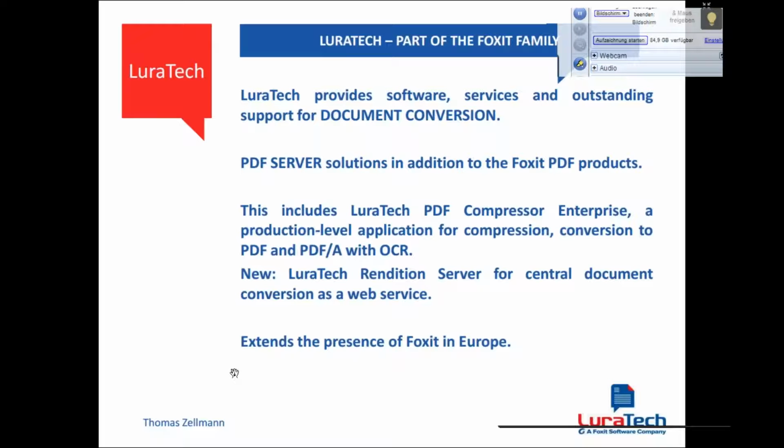The first thing is just to give you a short overview about LuraTech. As I said, it's part of the Foxit family, so most of you are already Foxit customers. We have been an integrated part of the Foxit family for nearly a year. The main thing, where LuraTech comes from, is what we call document conversion. This is where we really have our strong point. If you have any business documents, whether scanned documents, digital documents, office documents, emails, all those things,